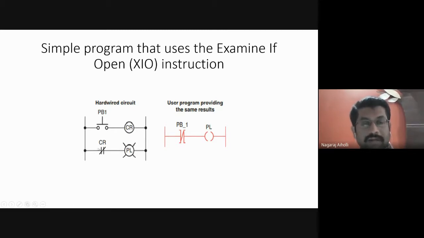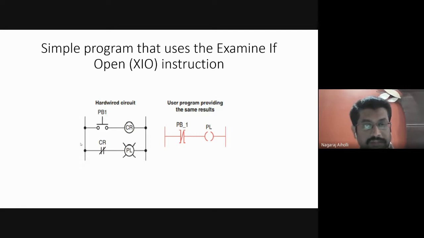The same bit, when I am applying it to the relay contact, is in the NOT of the relay coil. So this slash, the cross line, indicates NOT of the relay coil. NOT of the relay coil means if it is off state, NOT of off state is on state. If it is on state, NOT of on state is off state. Just like the NOT gate that you used in your digital circuit in your basic electronic subject in the first year, correct? NOT of 0 is 1, NOT of 1 is 0, like that.